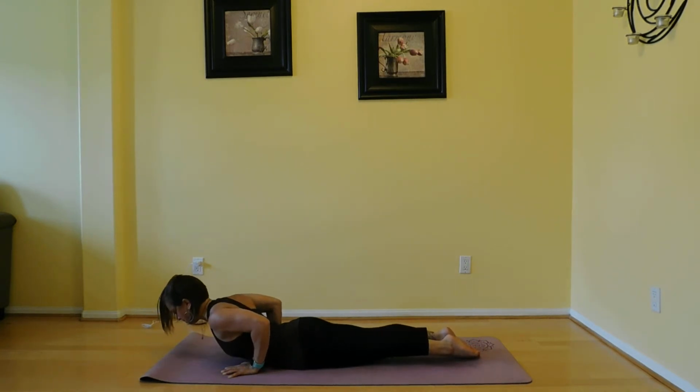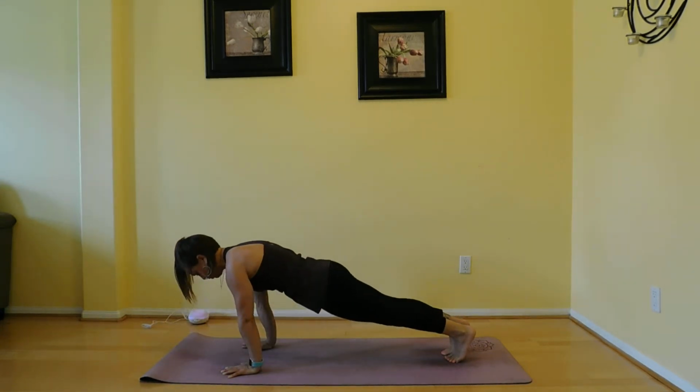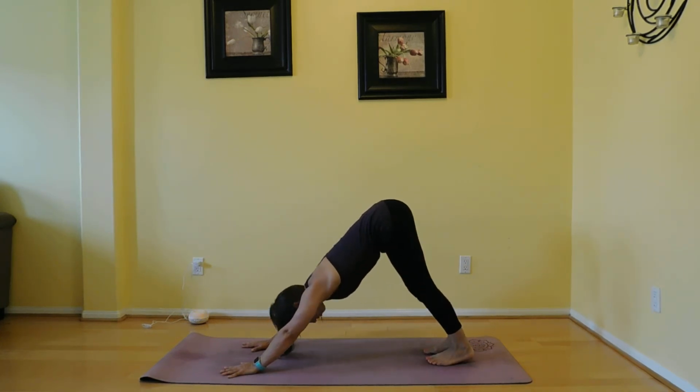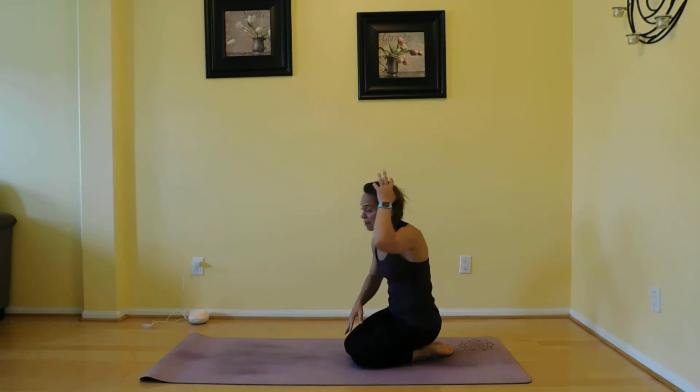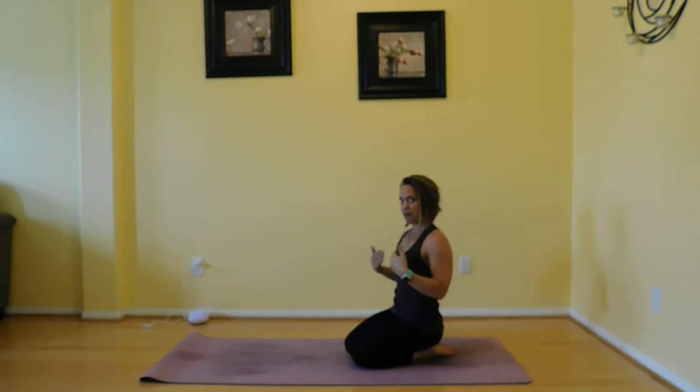Inhale, baby cobra. Exhale, lower and tuck those toes. Inhale, press up to a plank. Exhale, downward facing dog. So that would be another variation for you. So if upward facing dog or Urdhva Mukha Svanasana is a little too much of a back bend for you,